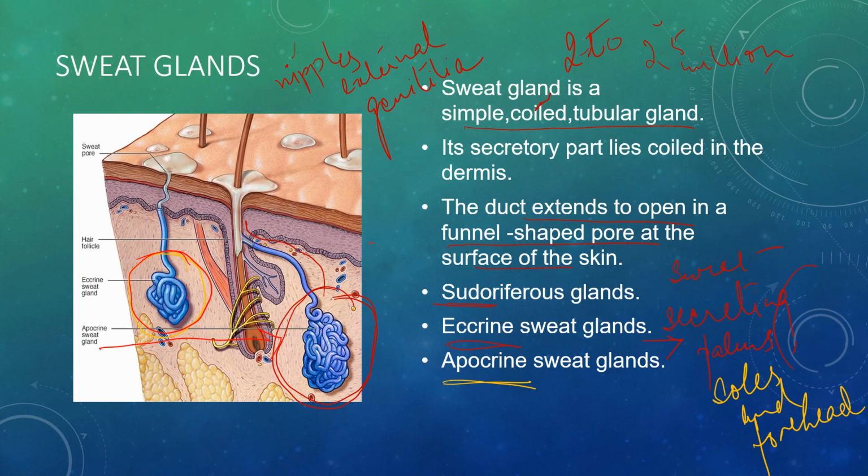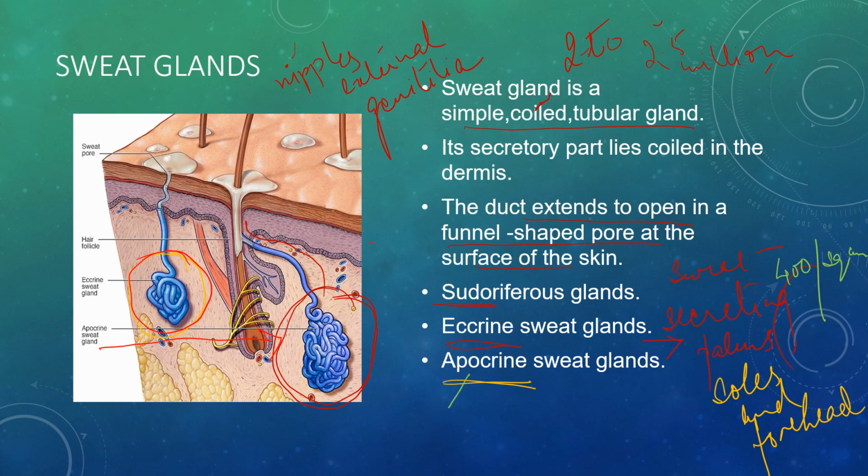We have told that it is mainly the secreting gland, and it is mainly present in palm, soles and forehead, and nearly 400 per square centimeter. Now we are here back with the apocrine sweat glands, which are largely found in the